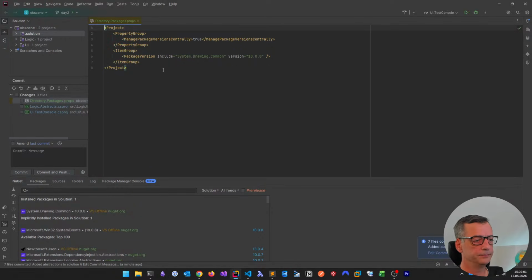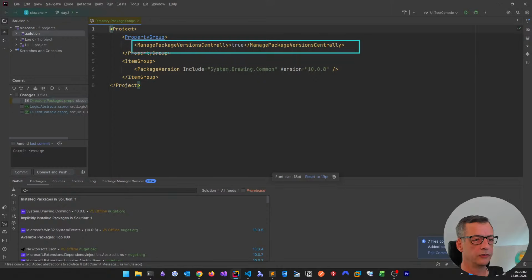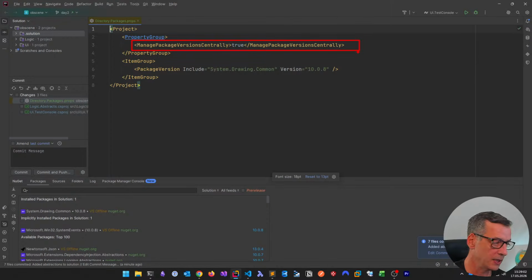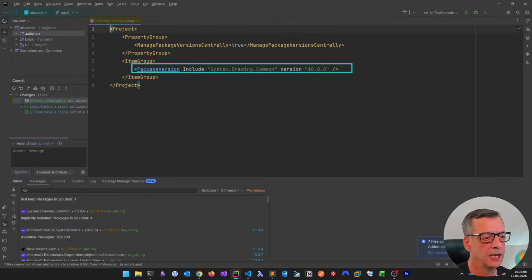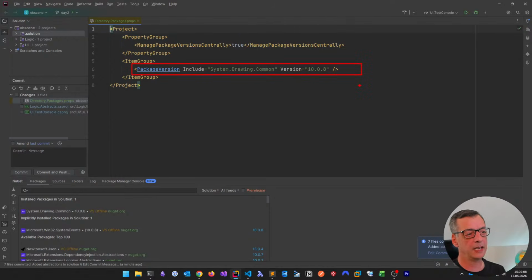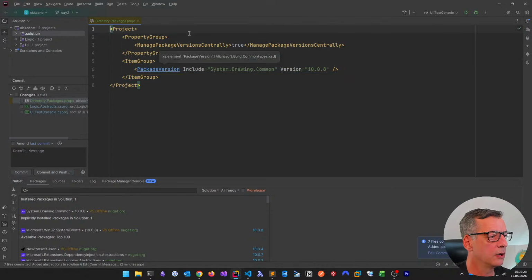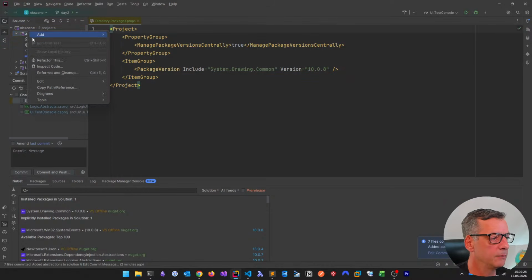First of all, it said we want to use central package management in this solution, number one. Number two, it said that, hey, this is a package version, which is different than it was before, of System.Drawing.Common. Some packages in this solution need this thing, but it's stored centrally on the solution level. So let me add this existing new file,